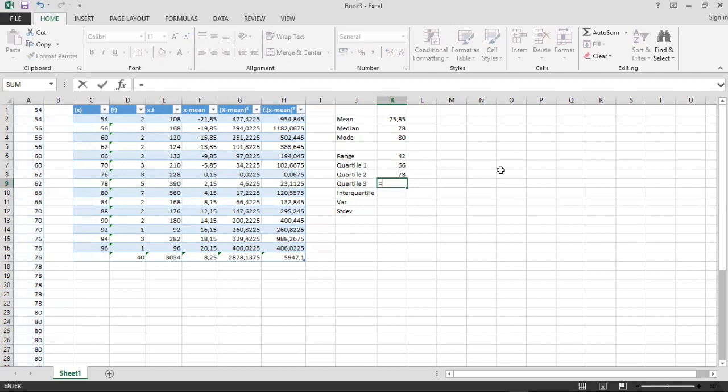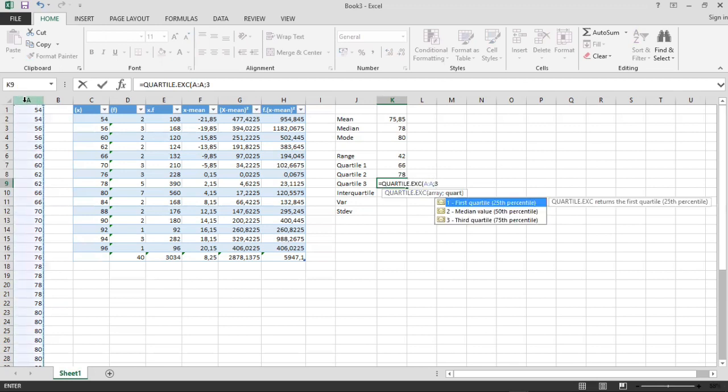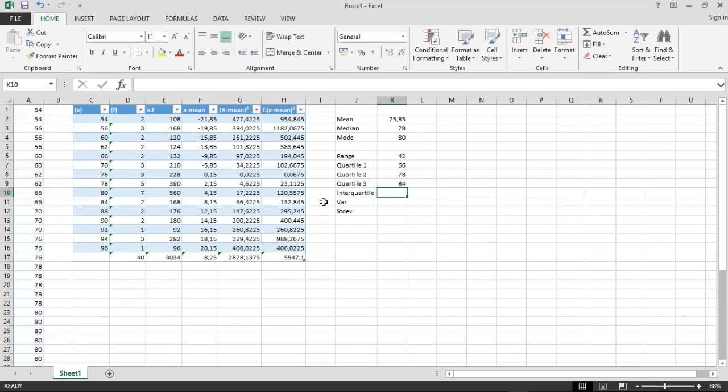Enter, and then quartile 3, all of them, semicolon 3, and enter. Right, for each quartile, we just have to